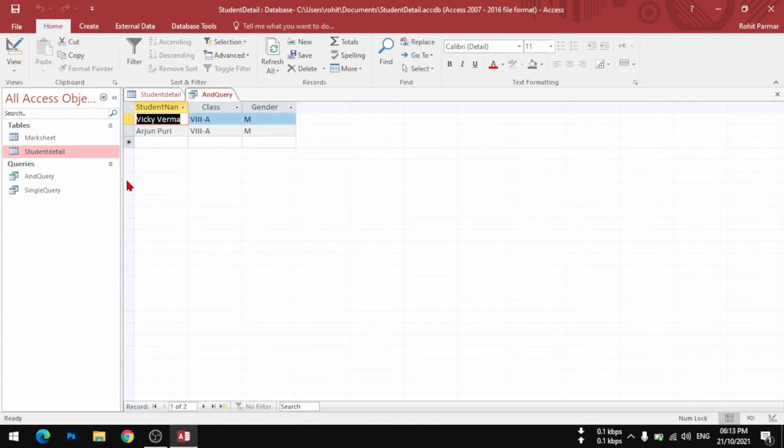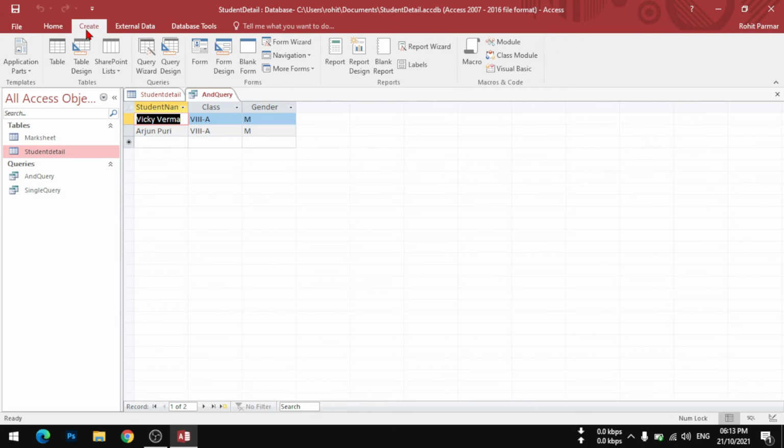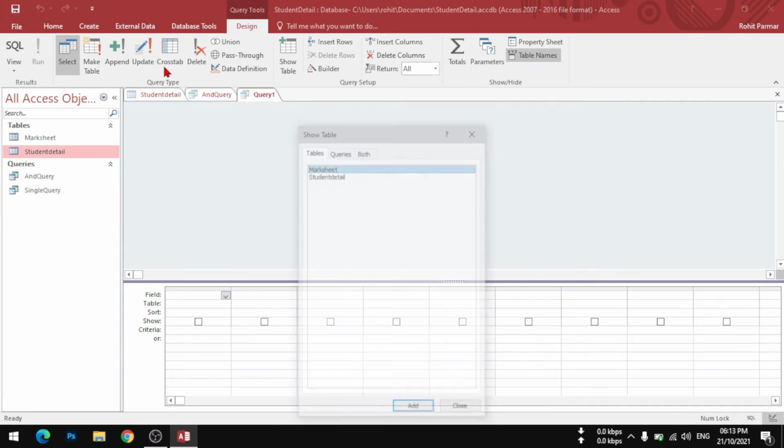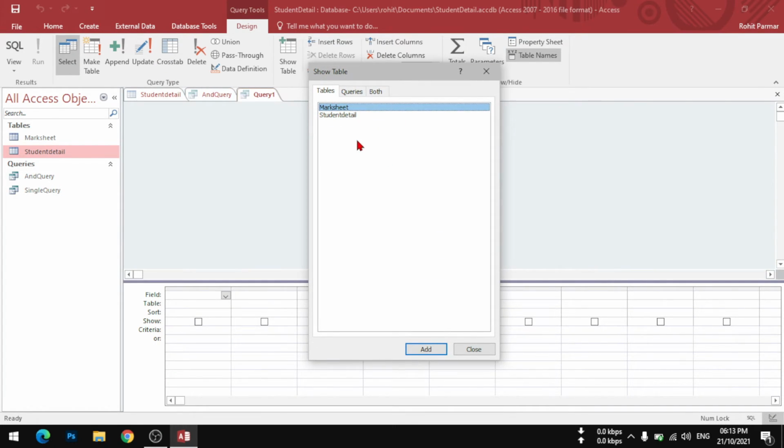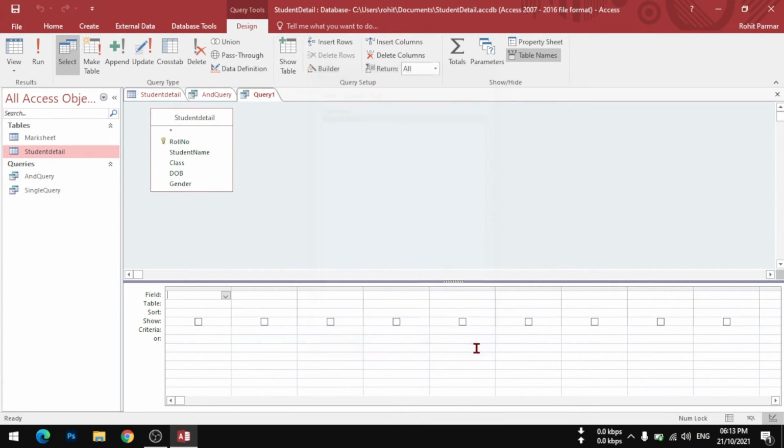Next, the same with OR. For doing the same, we will follow the same process. Click the table, go to the Create tab, Query Design, again add the table, like student detail, add, close this.